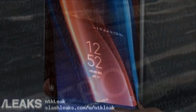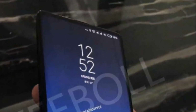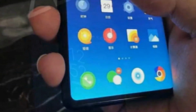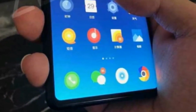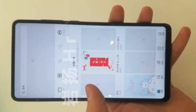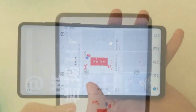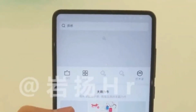The previous gen models, including the Mix 2S, have bezels at the top and bottom whose sizes are disproportionate. The top and bottom bezels are bigger than the side bezels. But in Mi Mix 3 all sides are thin. The thin bezels will, no doubt, nudge the screen ratio higher, but this design makes it difficult to cram the selfie camera under the bezels at the chin. Since we suspect the company may adopt the mechanical sliding shutter design, as seen on the Vivo X and Oppo